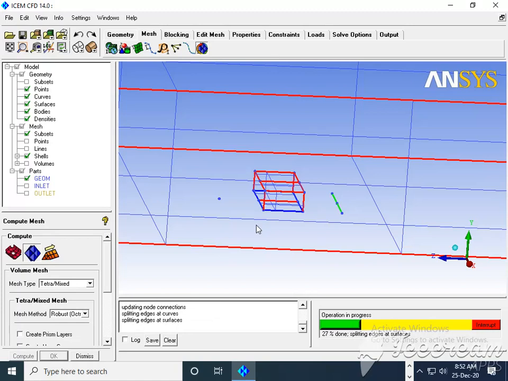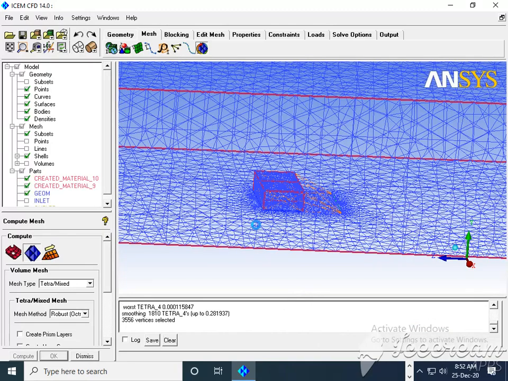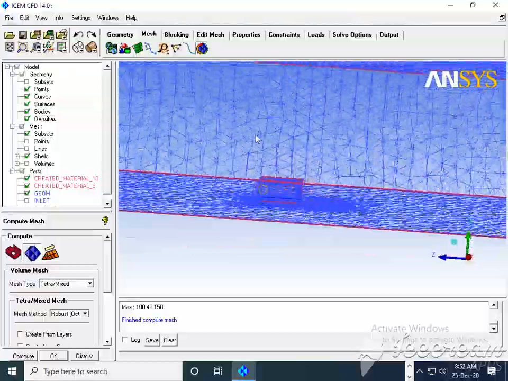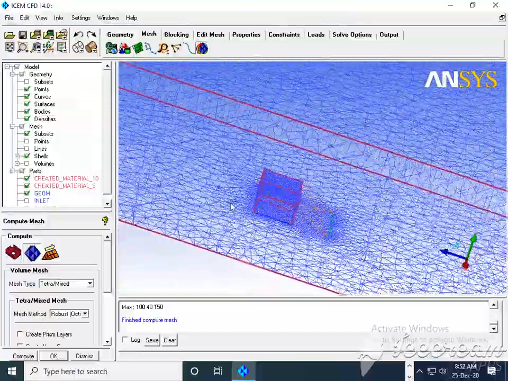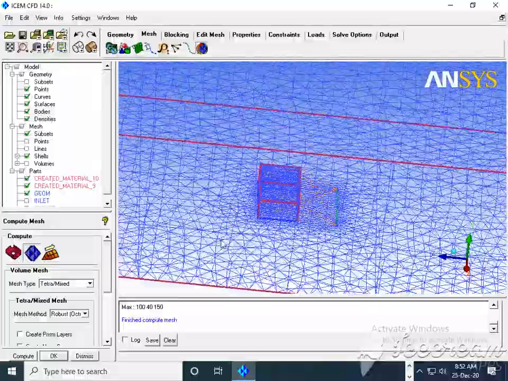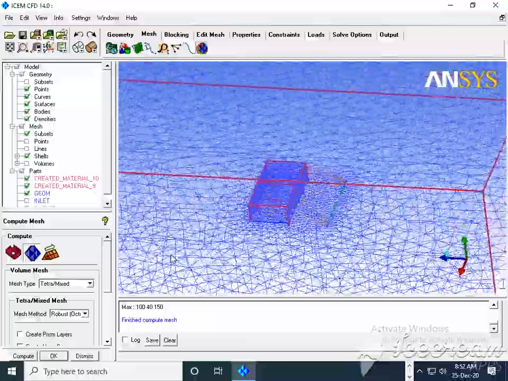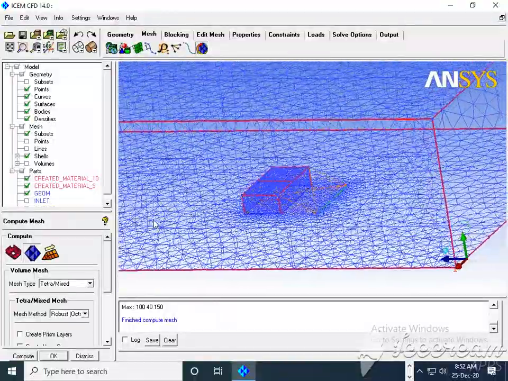Now you can see the beauty of density mesh in ICM. Here we can easily capture our eddies or backflow, and this we actually want when we are dealing with an obstacle, any obstacle.